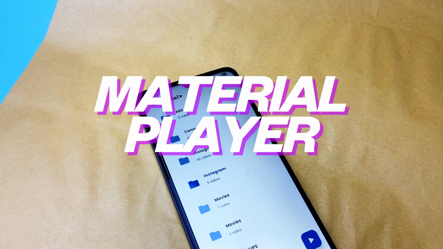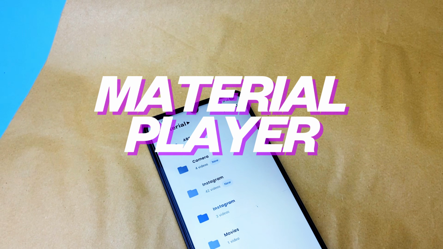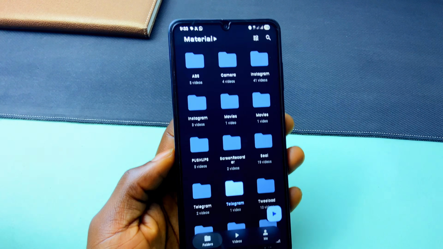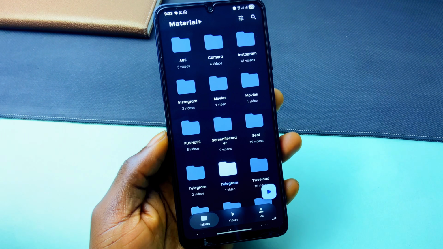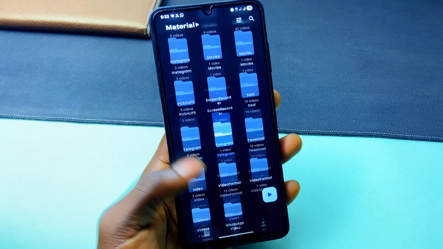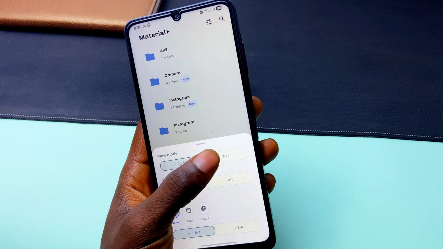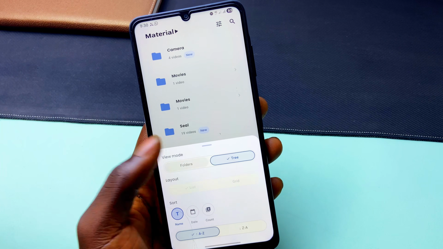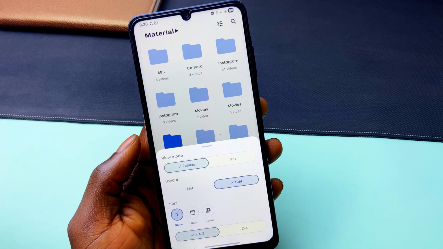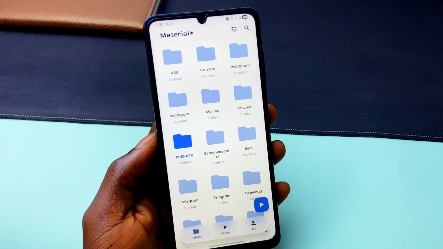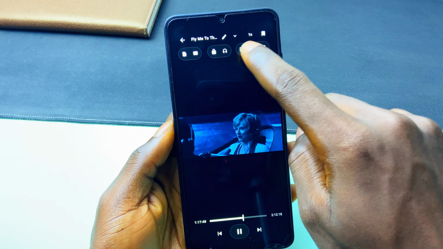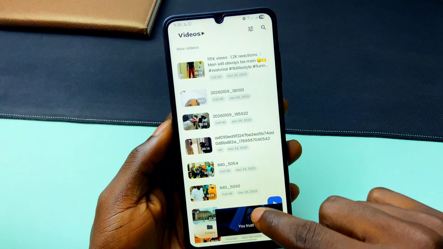We have Material Player, and this one positions itself as a modern alternative to the traditional Android video players like MX Player and VLC, with a clear focus on design, performance, and completeness. It's an all-in-one ad-free video player that supports all major formats, including Ultra HD 4K playback, while maintaining smooth performance through hardware acceleration. It supports Dolby Vision for enhanced visuals and Dolby Atmos for immersive audio, delivering a cinematic experience